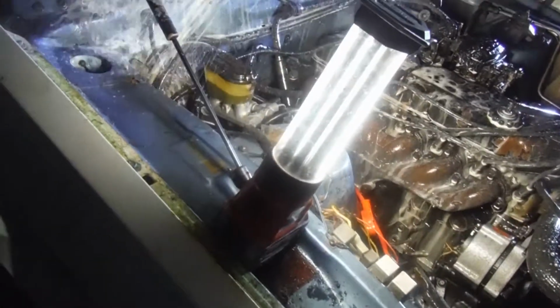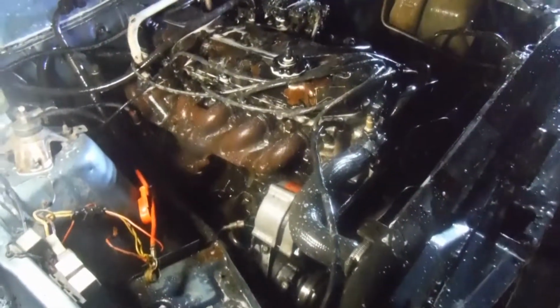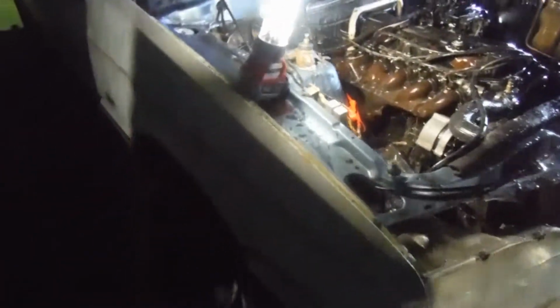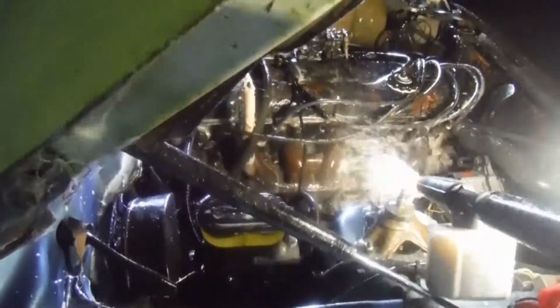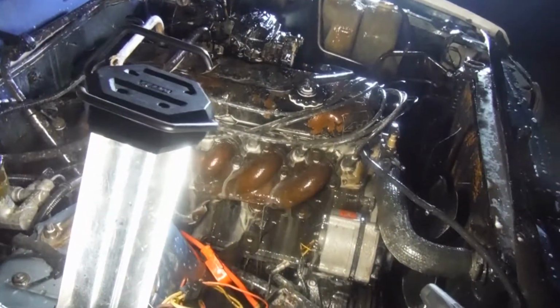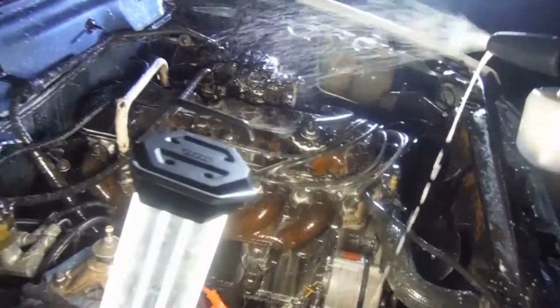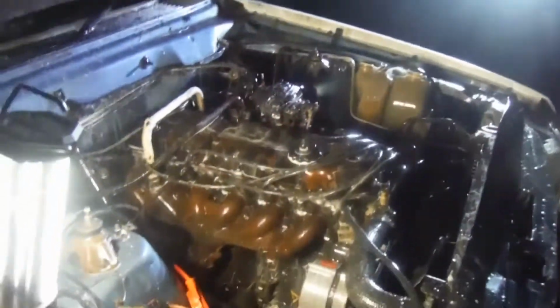That way. Rattle coming through the Kärcher there. Right, switch over to a lantern for